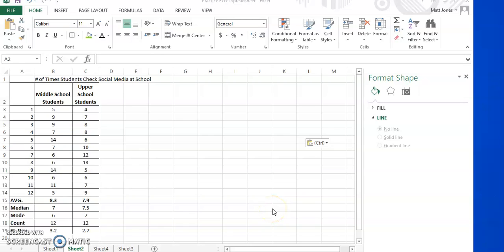In this video, I want to go over how to use Excel to make a histogram. A histogram is a graph that shows the distribution of data. In other words, we've got some information about students using social media: how many times per day do they check social media? We have 12 middle school students, 12 upper school students, and now we want to graph that in a histogram